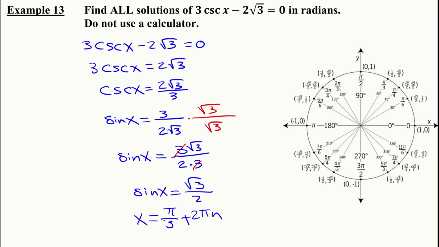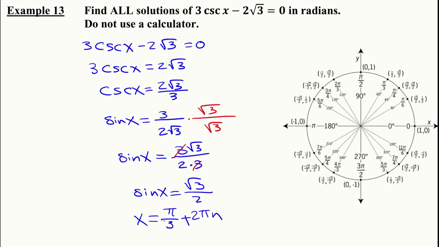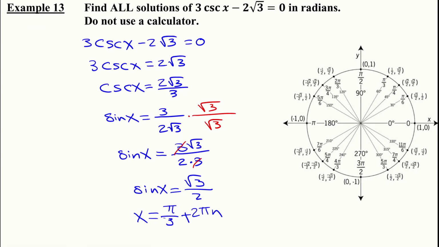Some people write that as 2n pi, same thing, it doesn't make any difference. And the other infinite set of solutions is going to be starting here. So 2 pi over 3